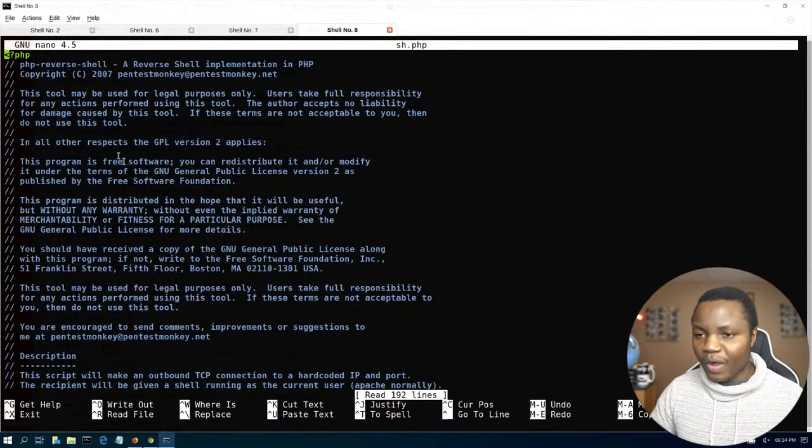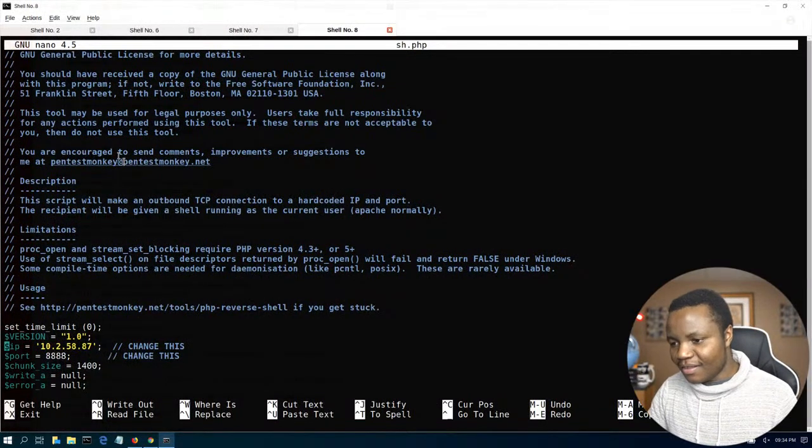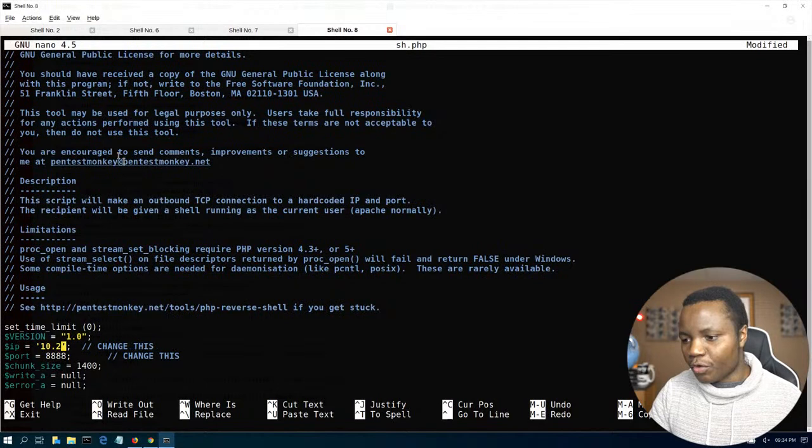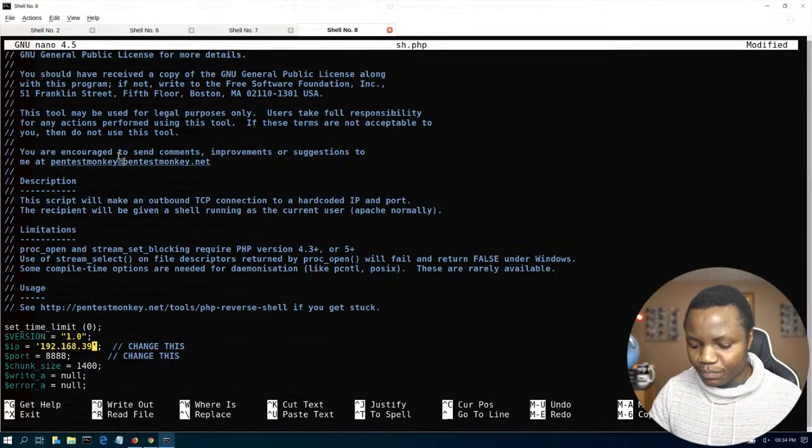Those who have been here for a while, you know that I was not using Nano. I used to use VI. Now I'm trying to get used to Nano, so I can at least be good at both. Here, I need to put the IP address of my attacking machine, 38.133. That's my Kali Linux. And for the port, why don't we get in the habit of using a common port? Let's use port,